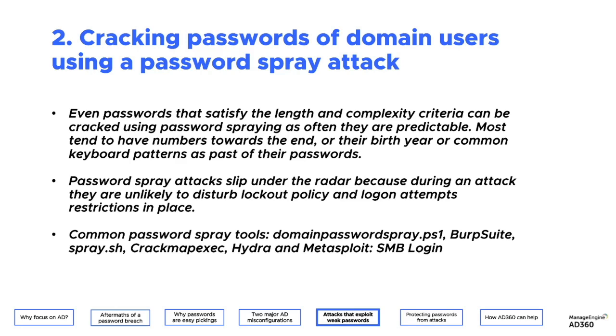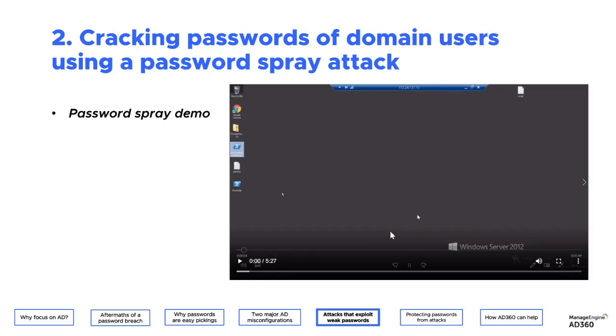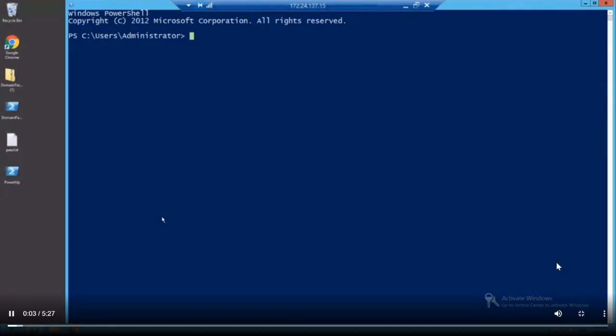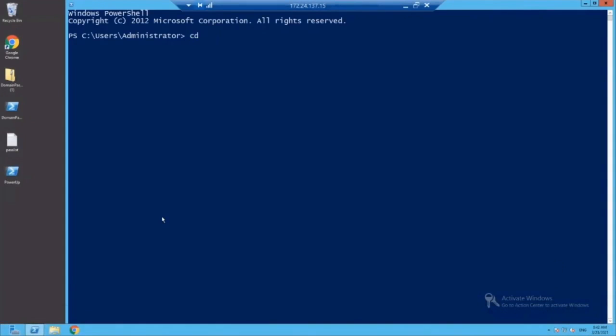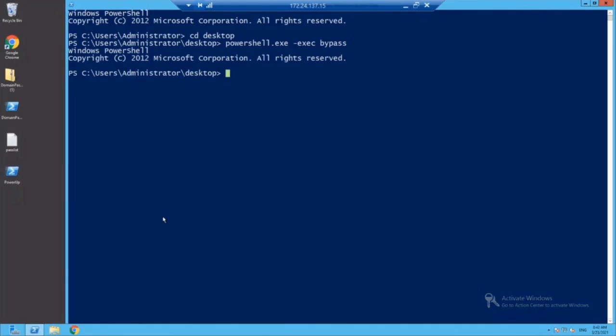I'm going to use a couple of minutes to show you a demo of how password spray attacks happen. So I'm going to try and emulate a password spray attack right here. The intention of a password spray attack is to compromise credentials of privileged users or other users alike. Now the requirement is I have already compromised. I am at that stage of the whole kill chain where I've entered the organization, and I have provisions to execute PowerShell commands. I'm starting with a quick bypass on the PowerShell.